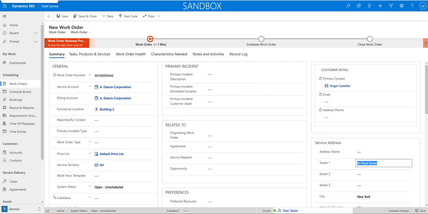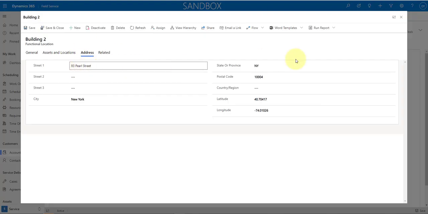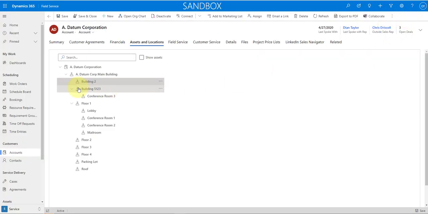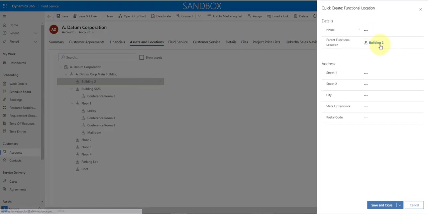What if the work is not here, but it's actually somewhere else? So let's now say that we're going to create an additional conference room here for building 2. I'm going to do a new location. So this is how you can very quickly add locations. We're going to say conference room 4, and I'm not going to put a street and an address in there,